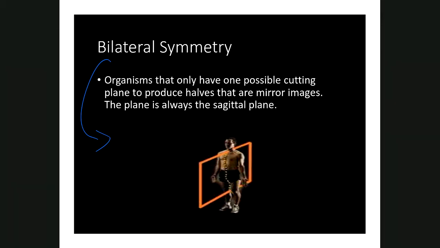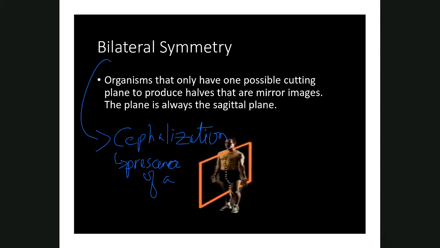the term cephalization. Okay, so animals that have cephalization are animals that have bilateral symmetry. And what I mean by cephalization is presence of a head or head region. There is a difference between having a head and having a region where your head would be. All right, so cephalization